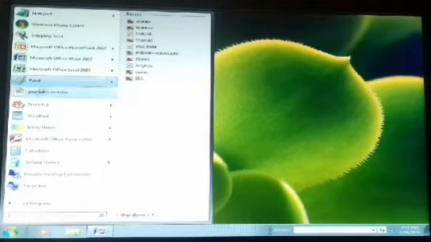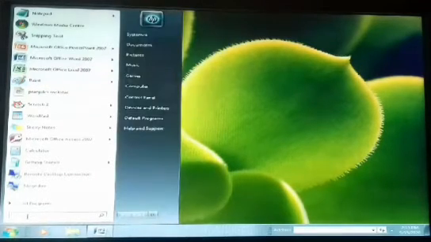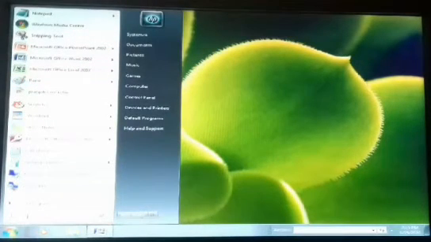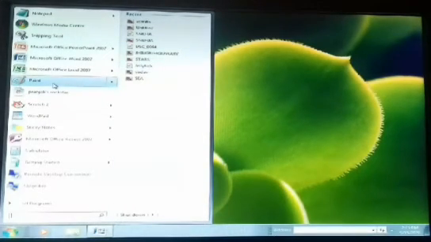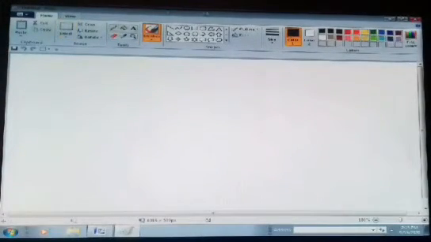You can also search here, and now I am going to click on the paint option. Okay, look students, this is Paint, and you all know very well Paint is a drawing software.